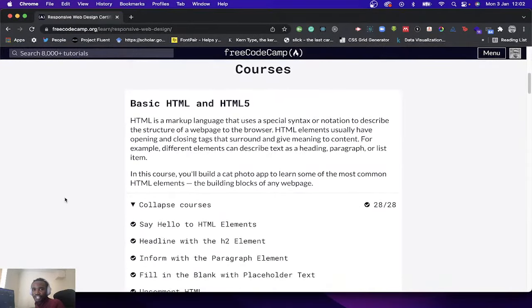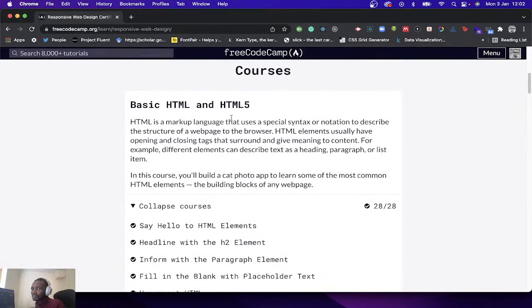The first place we are going to start with is basic HTML and HTML5. And the advantage of this series I'll be doing is that I'm going to go into detailed explanations of some of these concepts, and then background explanation also for people who don't have an idea of how the web development ecosystem and space work. And I'll be sharing some insight and resources that will really help you to get started as an absolute beginner.